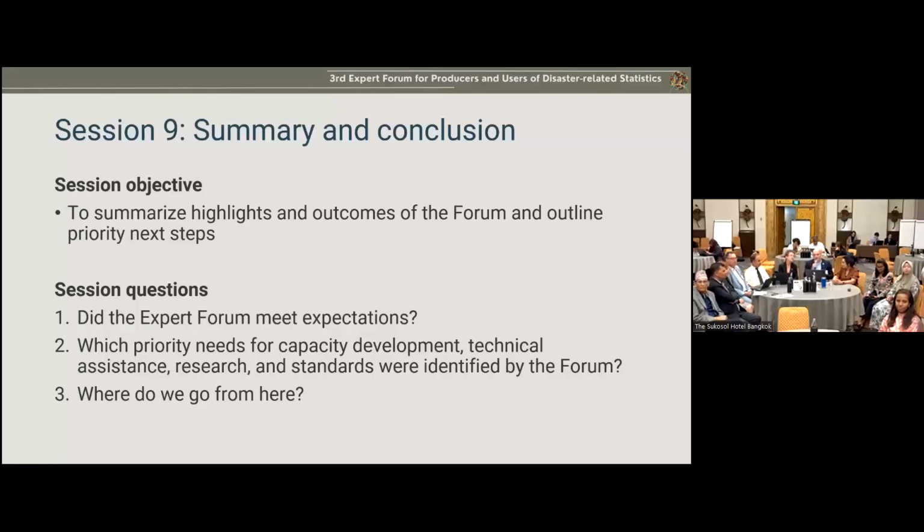So during the last day, we had lots of discussion on the main topics. Experience of different countries and regions were shared. We talked a lot about defining direct and indirect impact of disaster, measuring the human impact of disaster, measuring the impact of disaster on environmental and cultural heritage, estimating the economic losses of disaster, accounting for the cost of disaster reduction.